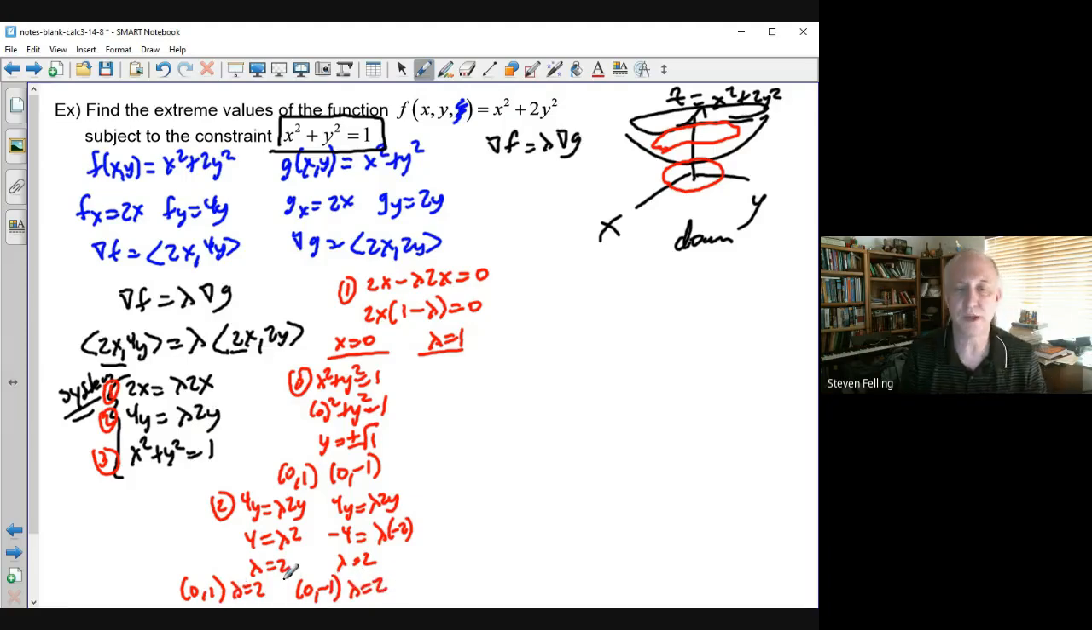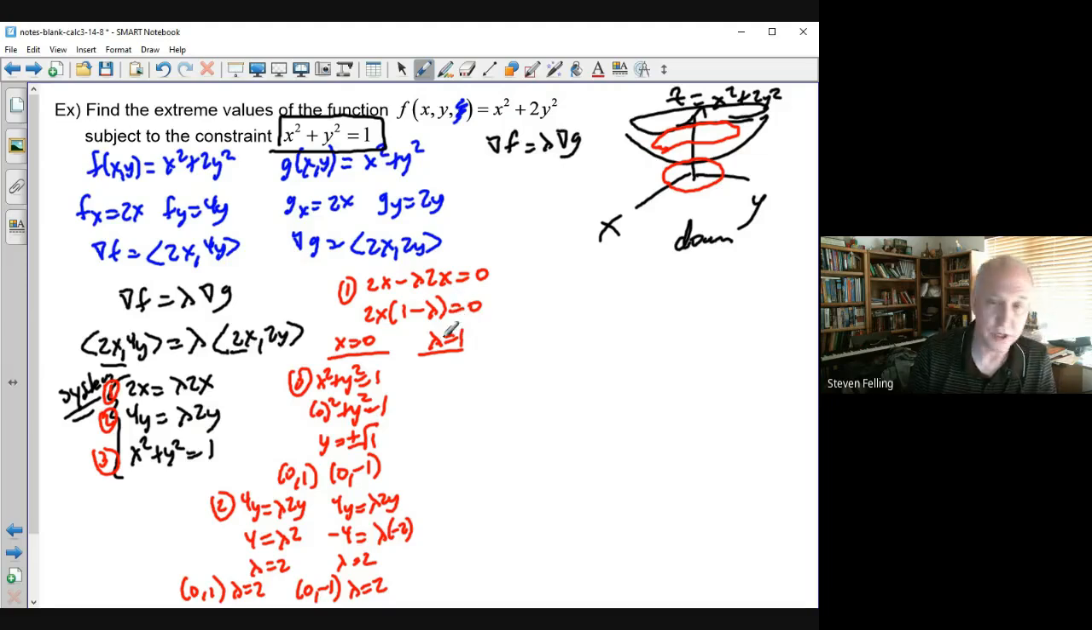Okay, so we've got two possible places here of x, y's that I need to test and make sure that that could be where the max and min is. So let's further pursue this case. What happens if we started with lambda equals 1? Well, if lambda equals 1,